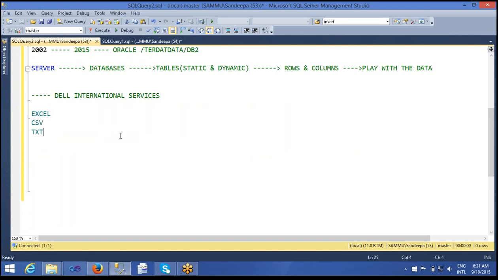Data providers are there. They keep the data in terms of Excel, CSV, and TXT files. So what the data providers do is feed the data, which is in TBs, like they have 2000, 5000 TBs of data. So how do they keep it? They keep it in a database.